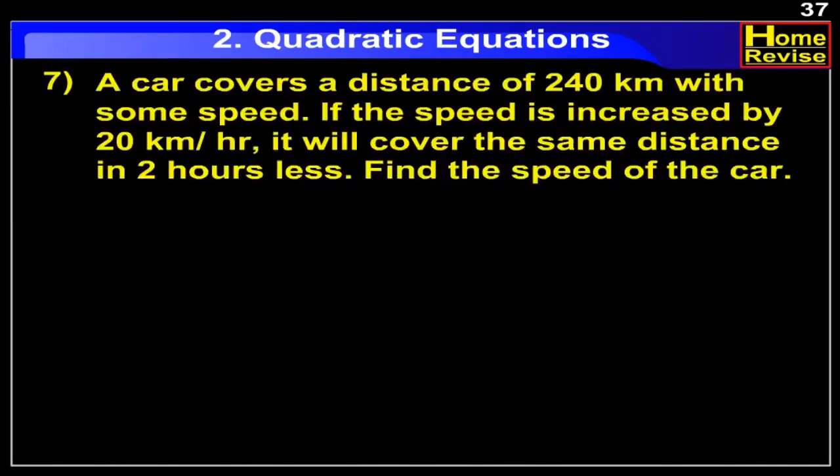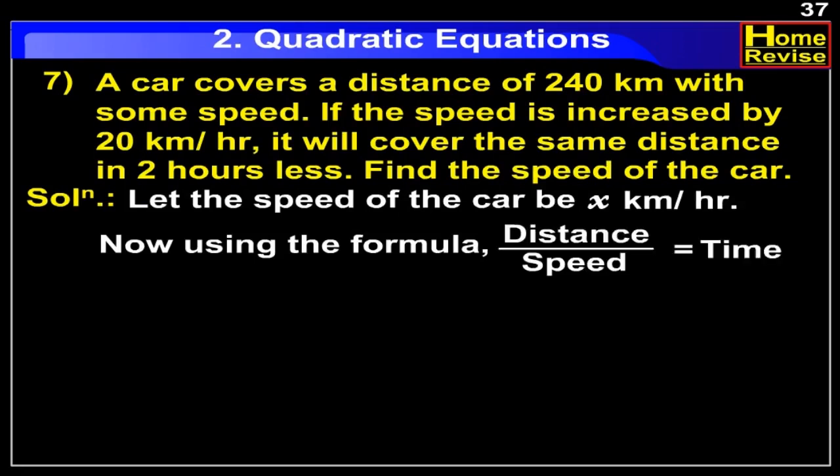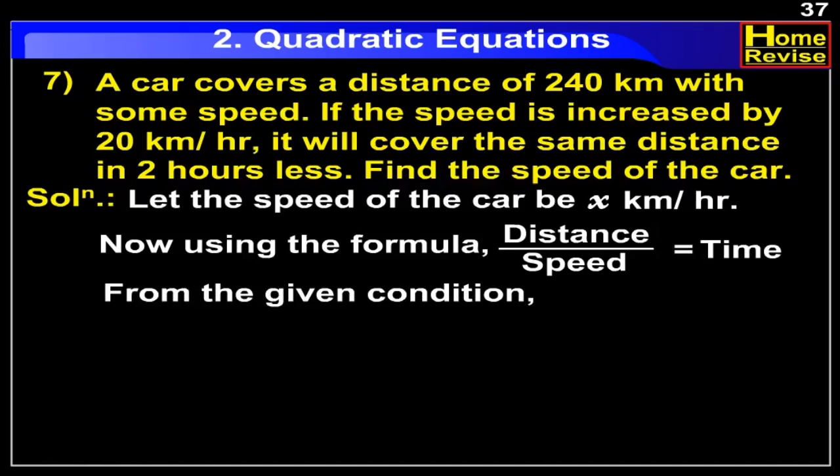A car covers a distance of 240 kilometers with some speed. If the speed is increased by 20 km per hour, it will cover the same distance in 2 hours less. Find the speed of the car. Solution. Let the speed of the car be x km per hour. Now, using the formula, distance upon speed is equal to time. From the given condition, we have